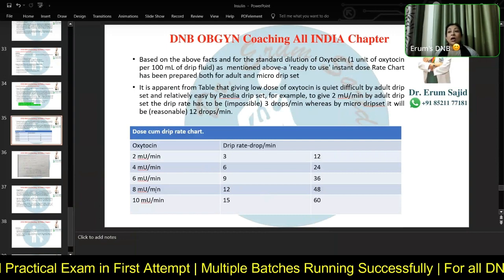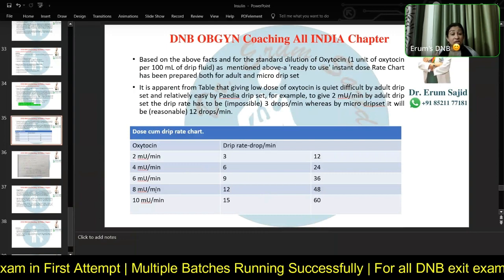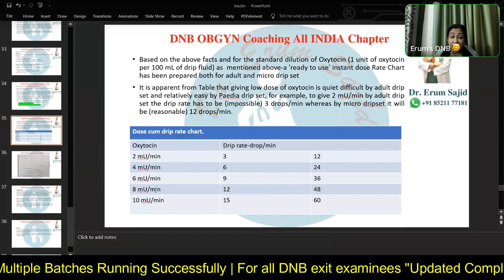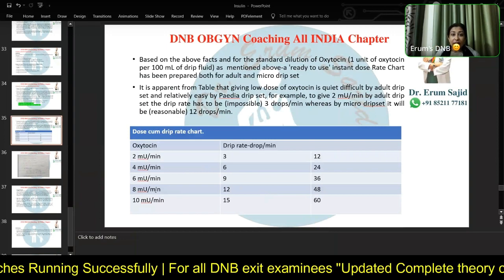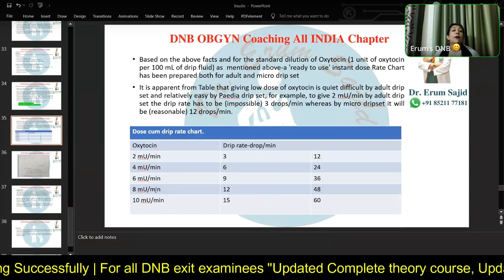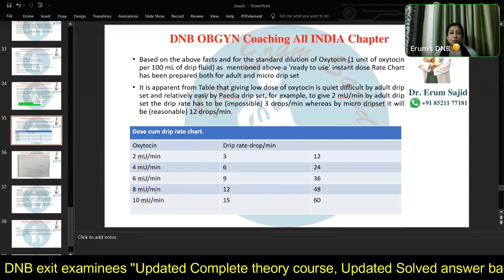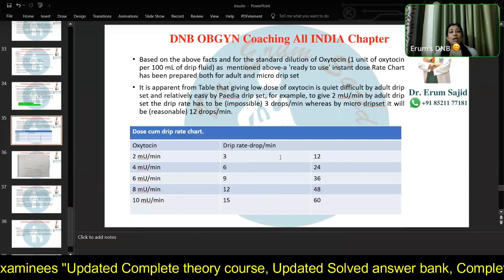So if she's having very high tone uterine contractions, there's no gap in between the contractions, or very less gap in between, the contractions are ill-sustained, CTG is getting suspicious or pathological, please first track the oxytocin. It should be within limits, within bounds. All right, so this was the